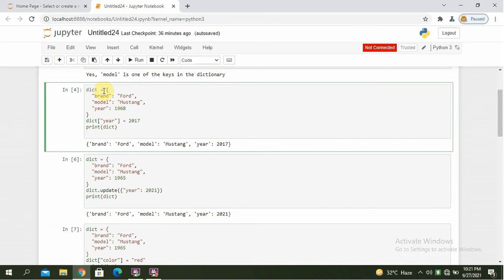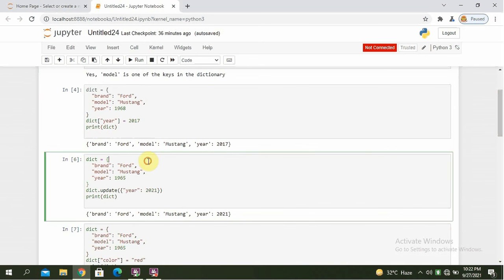Dictionary equals, these are the keys and these are the values. Dictionary year equals 2017. Print dictionary. Run it and the output will be brand colon Ford, model colon Mustang and year equals 2017. Here we changed the year to 2017.